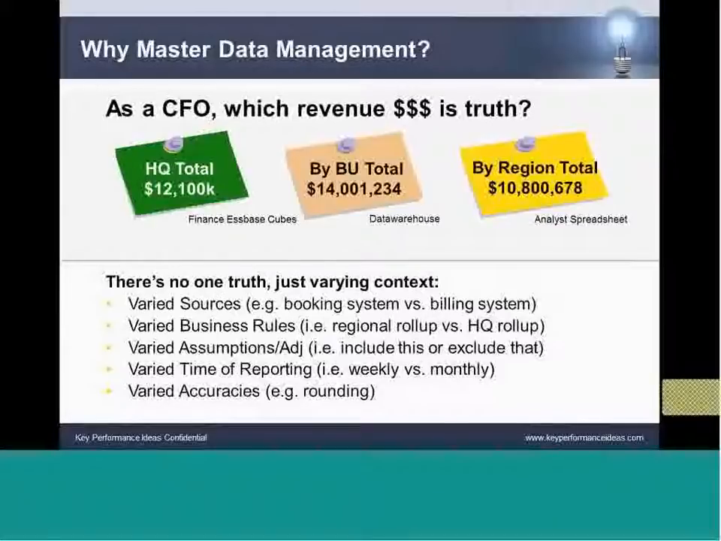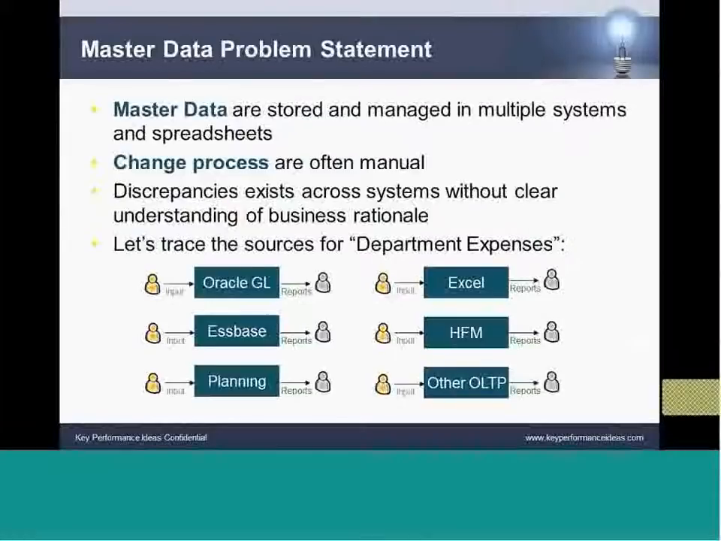So back to our problem, having different numbers, one of the very common cases is that you have different people doing different reports based on different roll-ups and rules. Now, what's the problem here? I mean, we have different systems having different master data. Well,